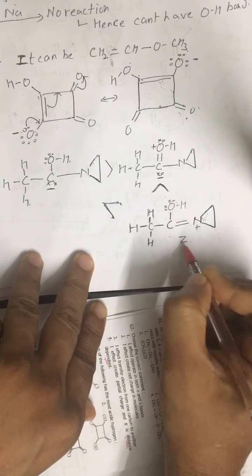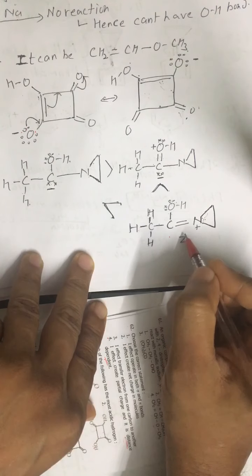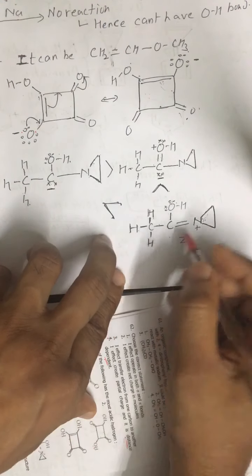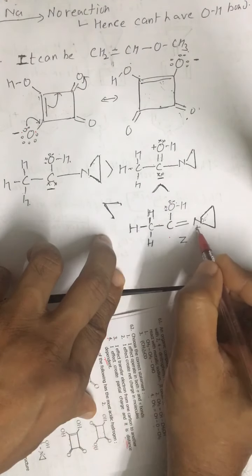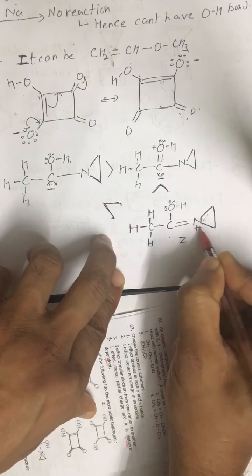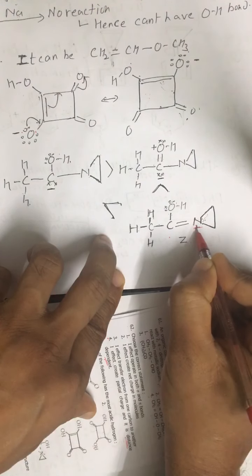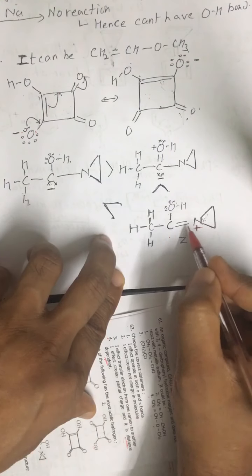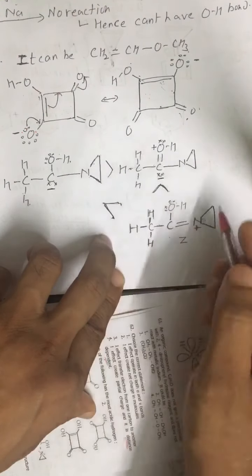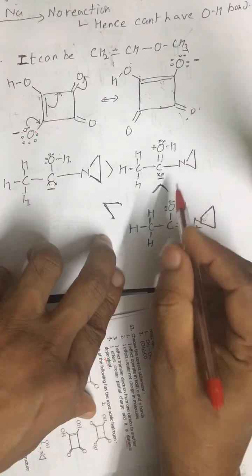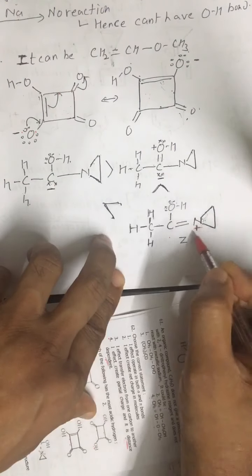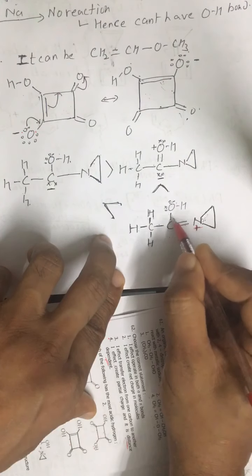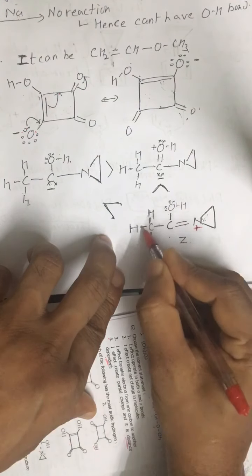And the last, the Z structure, which is most stable. Why is it most stable? See, in this structure we have a positive charge over an electronegative atom, but its octet is complete, that is one thing. And if you look at the number of bonds here, because after nitrogen it is constant, so before nitrogen let us count the number of covalent bonds: 1 2 3 4 5 6 7 8.